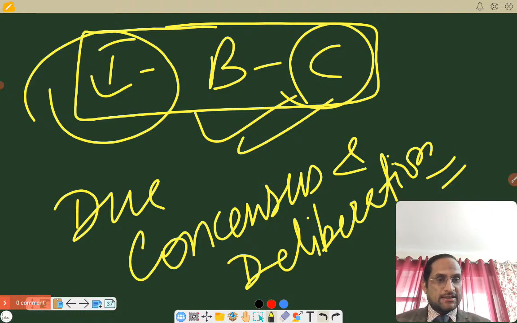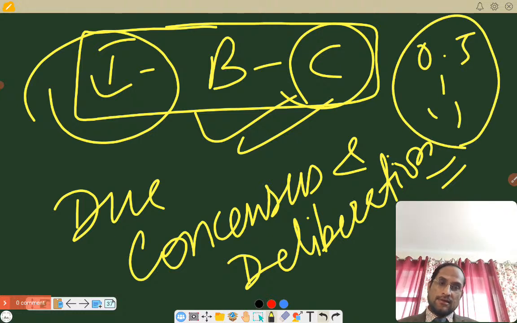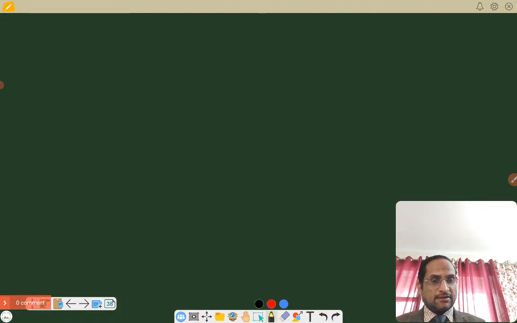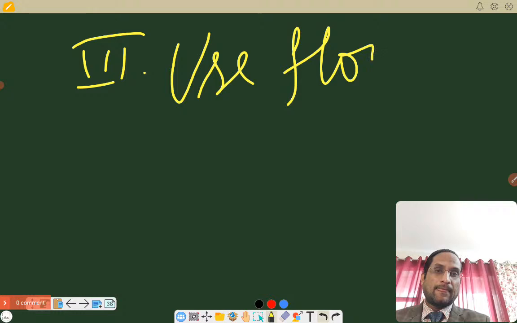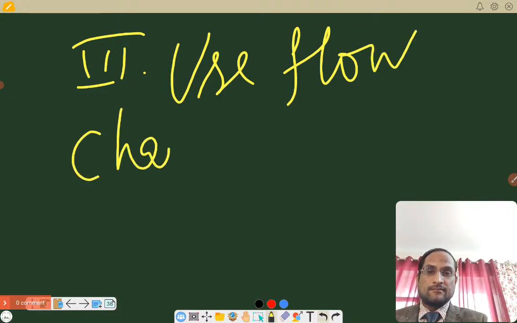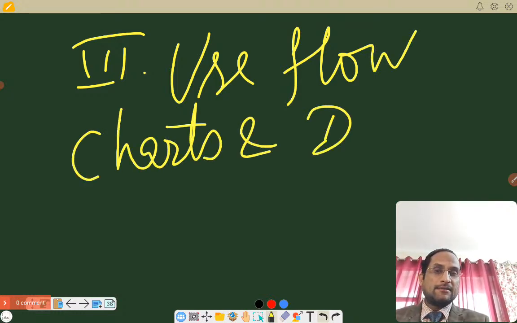You know, if you are giving it a structure, a logical structure, that gives you 0.5 to 1 mark more than a person who has not been organized in his or her approach. So this is another thing in the do's. First do was a brief summary, then following the way things will evolve, then secondly giving it a logical structure. Third thing is, as I've already mentioned, use flow charts and diagrams